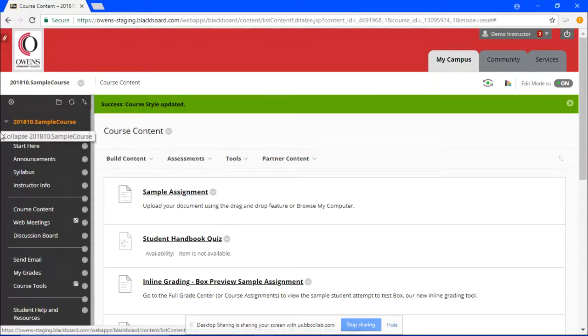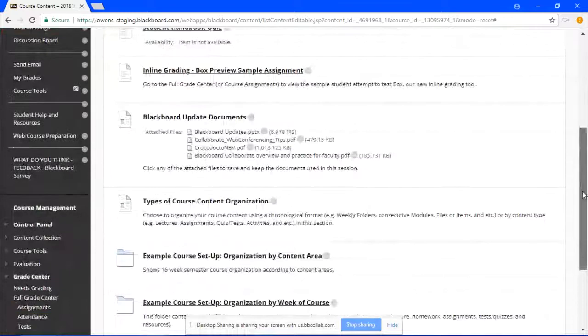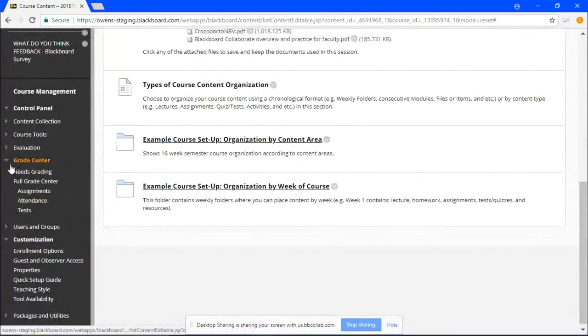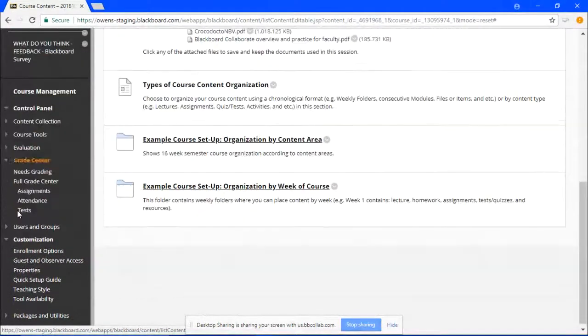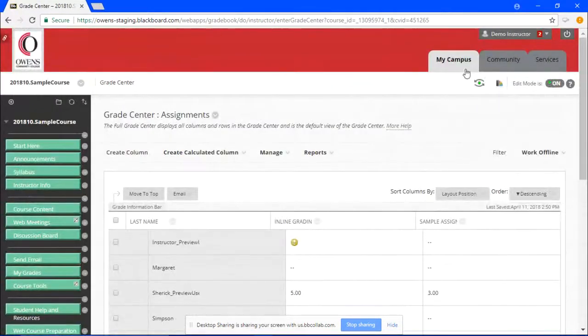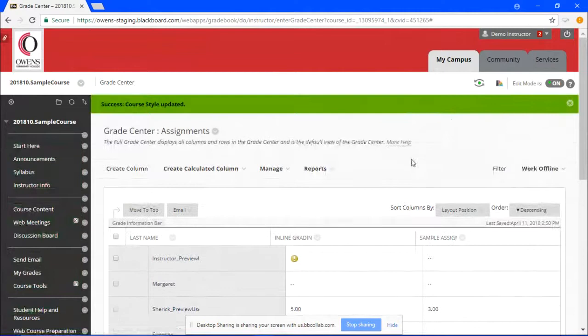Where can I link to the Grade Center? Okay, I'll show you some things, and there are some tweaks, and like I said, this is a sample course. I've used this for a couple of testings. If you go down to the Grade Center, Mary asked, well, how can I get right to the assignments for the Grade Center? Click on Grade Center like we used to do, and you can click still on the Assignments Smart View link, and that will just bring up your assignments.